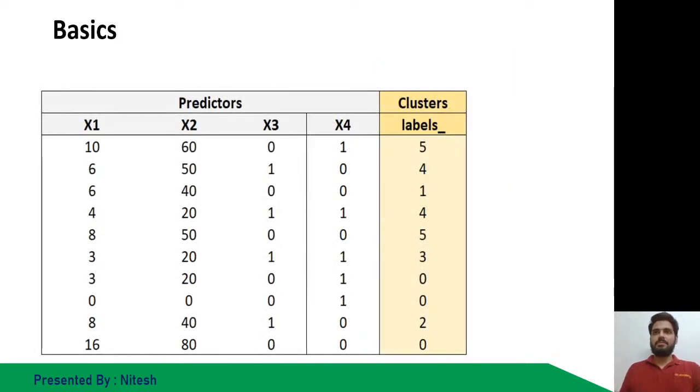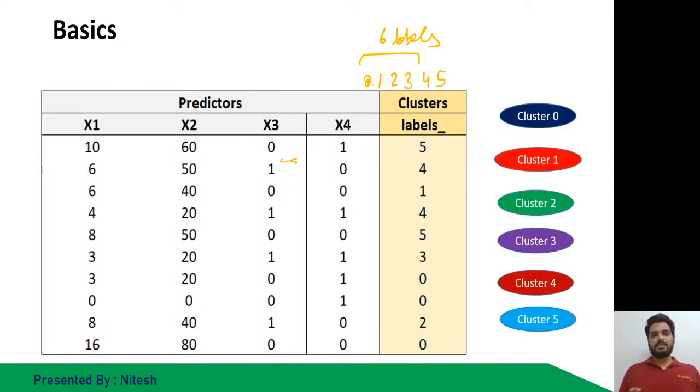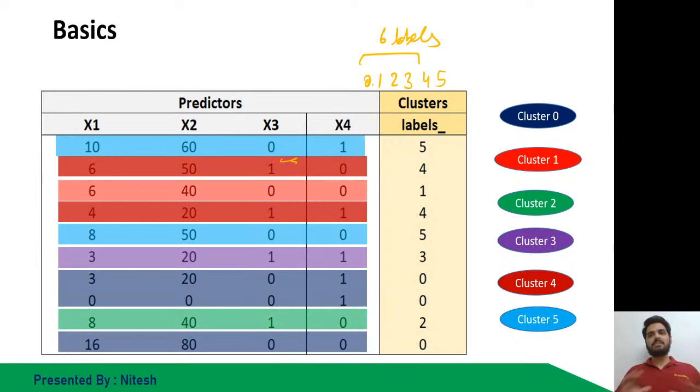Next case, there are now six labels. So we have here 0, 1, 2, 3, 4, 5, total 6 labels. Based on the relationship between all the columns, it has categorized the records into 6 clusters. These are the 6 clusters. So this is the pictorial representation, just to give you the best idea of how it looks. I will also show the mathematics of how it is able to choose which cluster to take up.